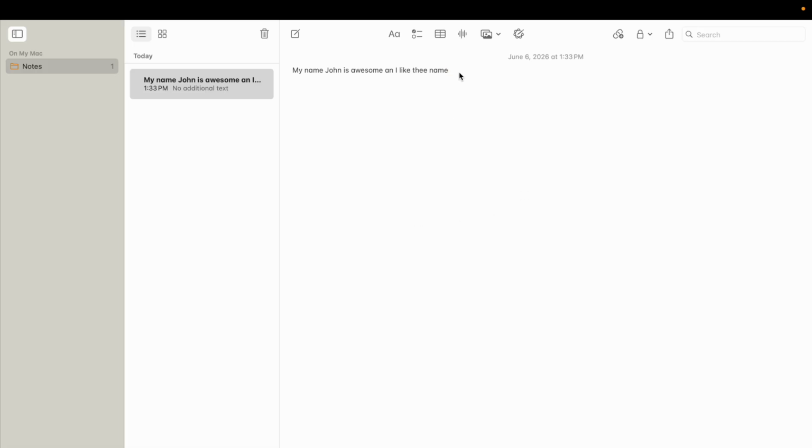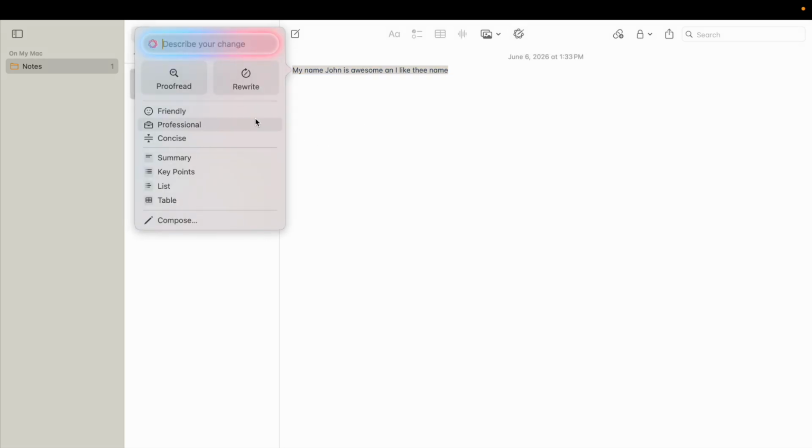Well, the simplest way to do it is to highlight your text right here. Go to this top bar to where there's this icon, show writing tools. Go ahead and select that. It'll then allow you to bring up this screen. So if you want to go ahead and proofread it, you can do that. There's also a bunch of different options as well. But if you wanted to go ahead and proofread it,